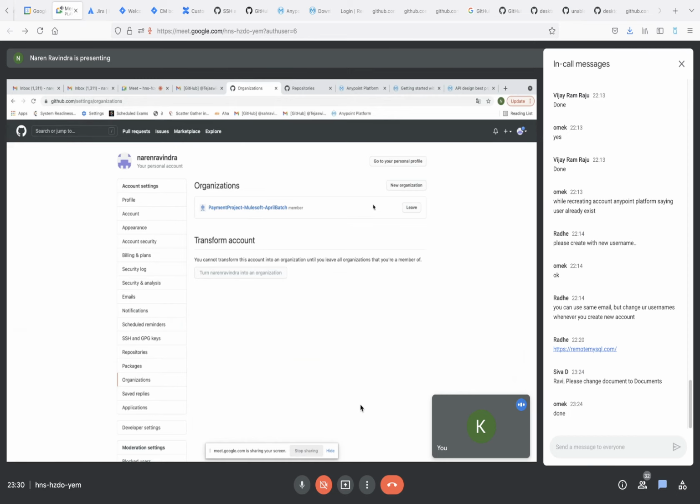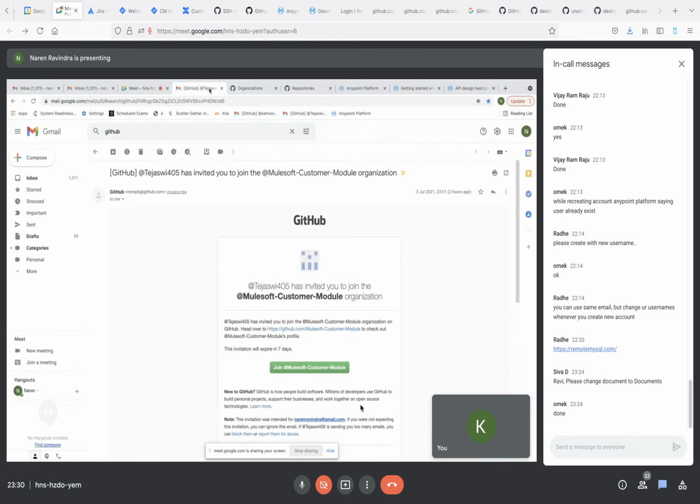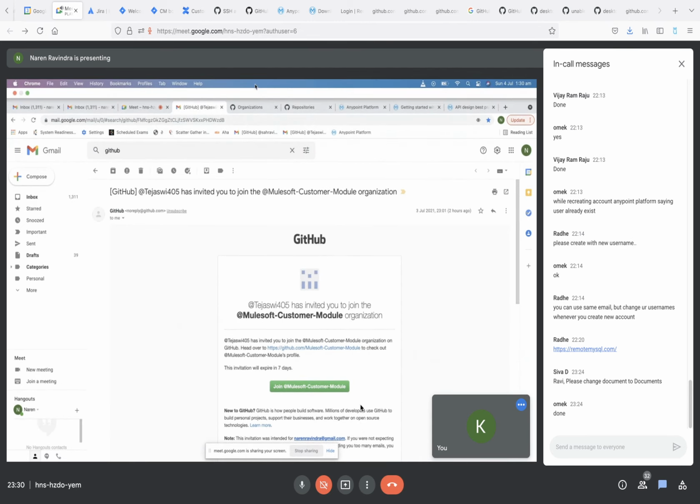Tejaswi, can you share that invitation again to him? Maybe he made some mistake. Yeah, this invitation is expired, or you did something. That organization should be there in your account, but I can't see it. I can see only the payment module one.